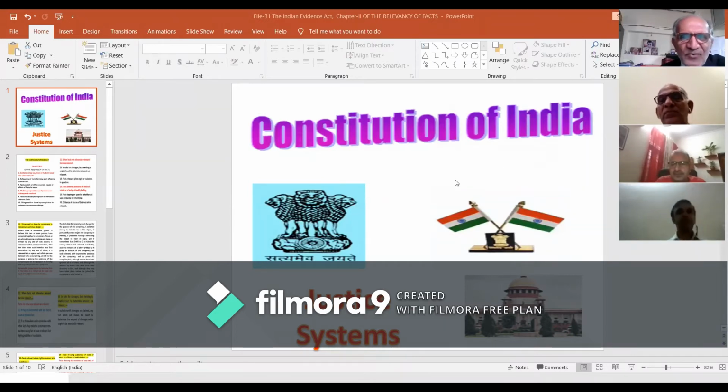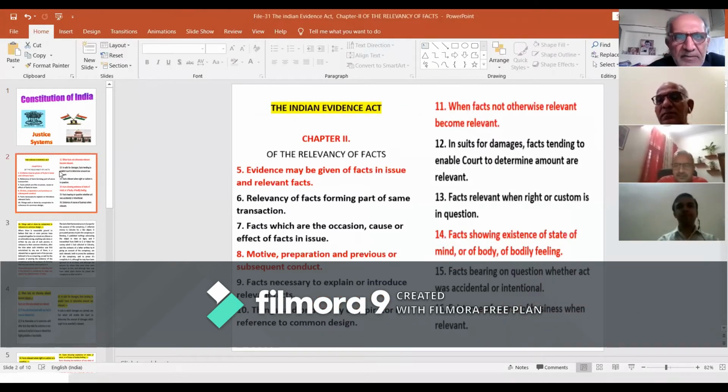Welcome. We are visiting the provisions of the Indian Evidence Act regarding relevancy. As we have observed in the initial sections 5 to 9, the concept of relevancy is the basic concept. It is a foundational concept because evidence can be led only with respect to the facts in issue and the relevant facts. Now, this concept being a foundational concept, being the basic concept, and having a legal sanction behind it,